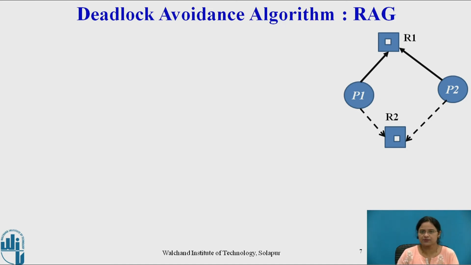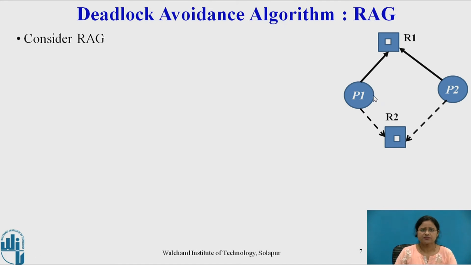Here we have two processes P1 and P2 and two resources R1 and R2. Now, how can we apply the resource allocation graph to avoid a deadlock? As shown here, process P1 may request resource R1. So, P1 to R1 is a request edge, P2 to R1 is also a request edge. Right now, R1 is not allocated to any process. Only P1 and P2 have made a request for R1, and P1 and P2 have a claim edge to R2, means in the near future P1 or P2 may request R2. Right now they are requesting R1.